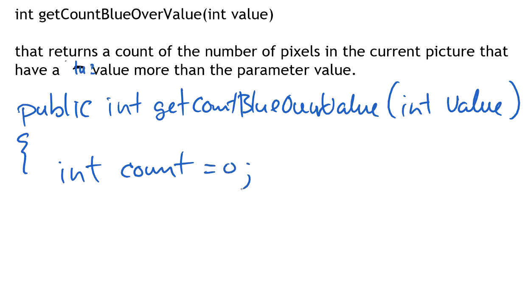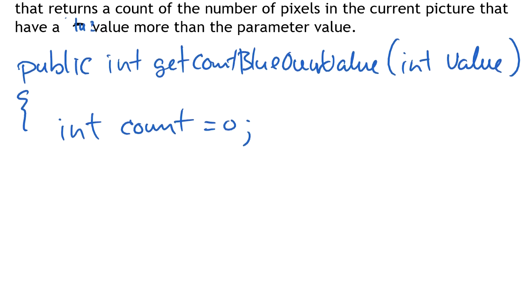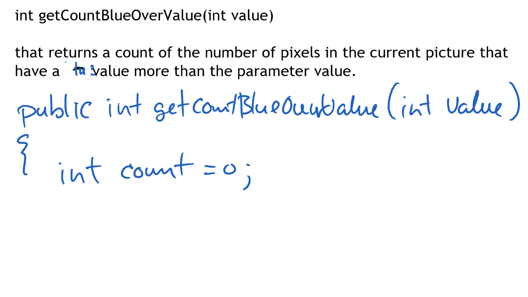The other thing that we need to do is we need to grab our pixel array. Remember, this method is like in our labs. This is something that's being written as an enhancement to the picture class, or perhaps a subclass for it. So one of the things that we have available to us is a way of getting pixels 2D, and I'm just going to call that method. So I'm going to get something. It's going to be an array of pixels. In fact, it's going to be a two-dimensional array of pixels,